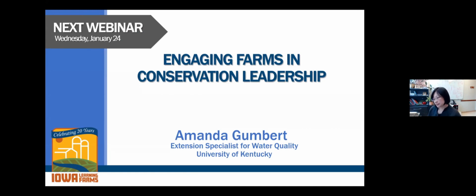Saw somebody had their hand raised. If they could perhaps type their question in the chat box, that would be great. There was a question comment here, I think, on your tile spacing, wondering if that should be meters and not centimeters for the 10 or 20 or 30 meter spacing for the drains. I think on that slide for the alternative. Oh, yeah. Should be 10, 20 or 30 meters there.